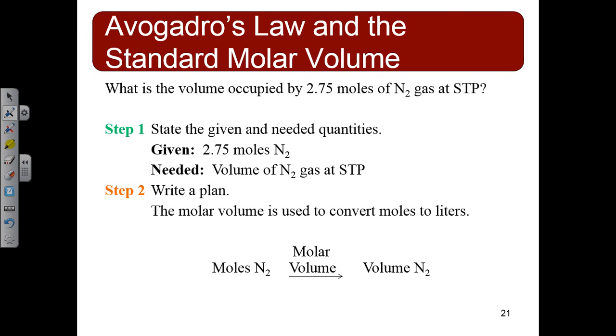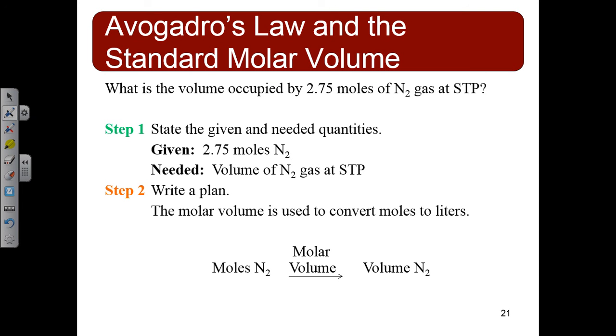We're going to do some problems with this. All you really have to remember is that most of it's just going to be a repeat of grams to moles or moles to grams, but now we have this other conversion. If you look up here, you may not even have to go through the whole plan, even though I'm going to show it. If you have 2.75 moles of any gas at STP, what's the volume going to be? Can anybody rationalize that in their head? What are you going to do? You have 2.75 moles.